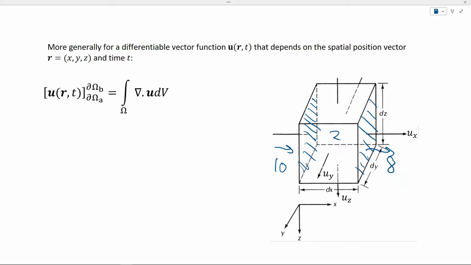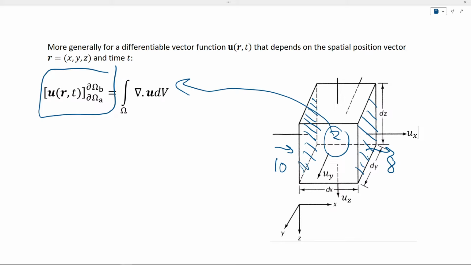If, for example, I have 8 entering and 10 leaving, this means that whatever contaminant was here is decreasing. It's not accumulating, it's reducing. This is basically what this means. This 10 and 8 are expressed by this term, and this accumulation is expressed by this term. But here again, remember, we are not only considering what's happening along the x boundary, but we are also considering what's happening along